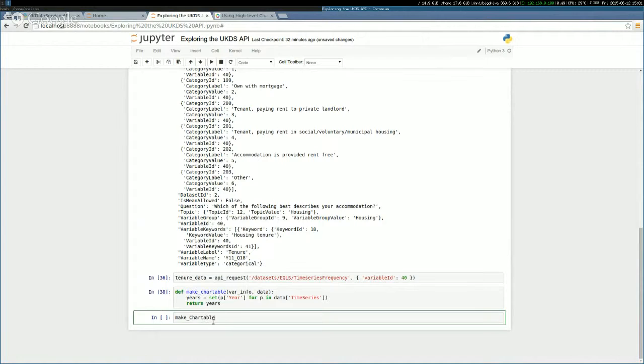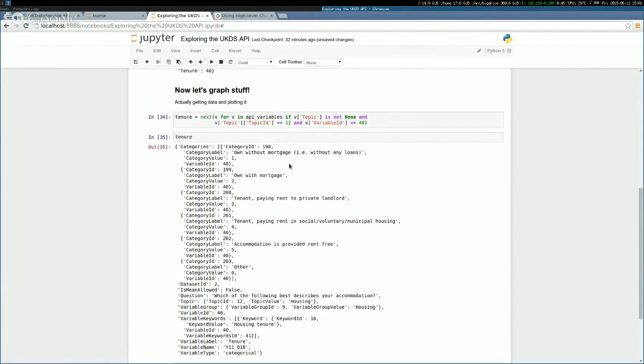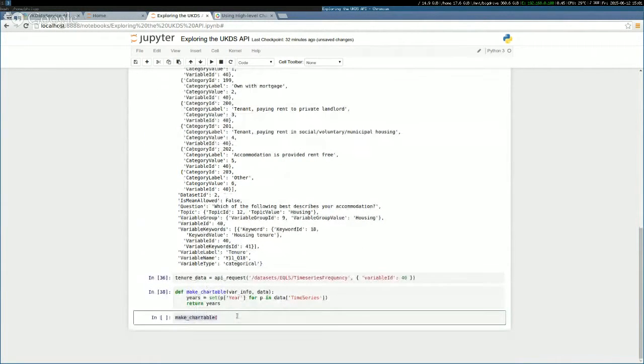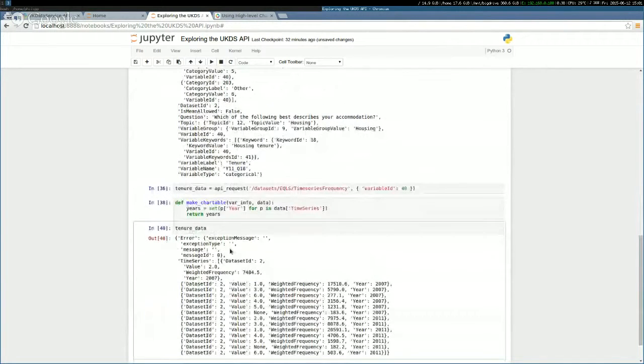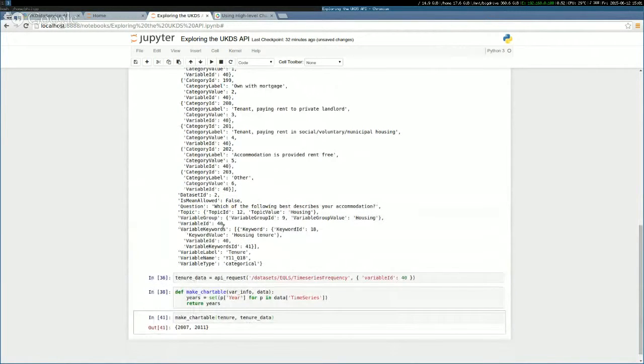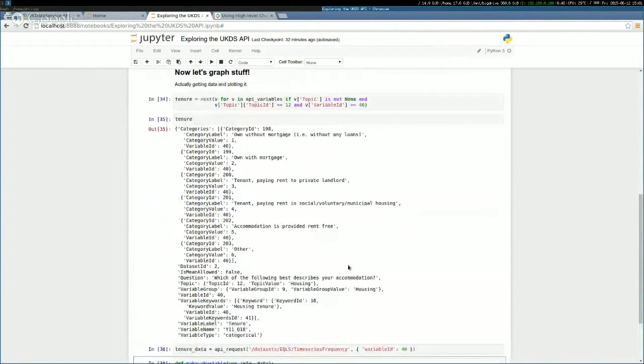Make chartable. With tenure, okay. We have tenure in here. That's our info, and we have the data and tenure data. So we do make chartable. Okay, and it gives us the correct number of years. That's great. We also need the categories,